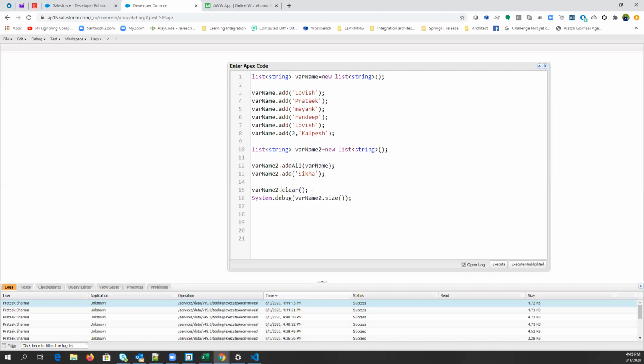As with clear, we have another method called clone. If you just want to create a duplicate copy of the list, you can simply clone the list. So let's just do it like this. I'm just removing this. Let me know what will happen. For now, I'm just doing this clone. Give me 1 minute. You have to use it like this.